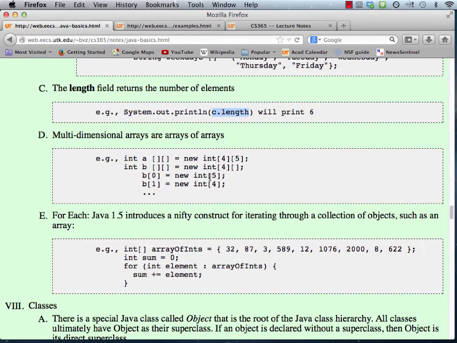And multidimensional arrays are just as they were in C++. They are arrays of arrays. So you would declare a two-dimensional array with two sets of empty braces. And then here's one way to declare that array. Or if you want to declare the individual dimensions, or in this case rows, to have different numbers of columns, I'd say this has 4 rows, and now